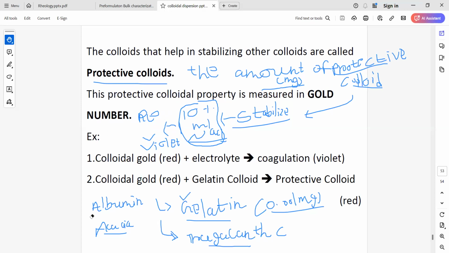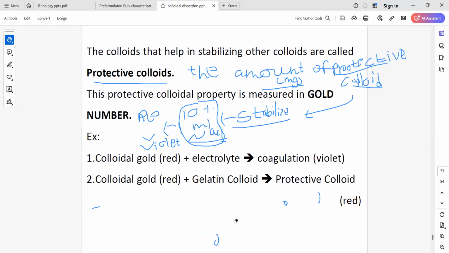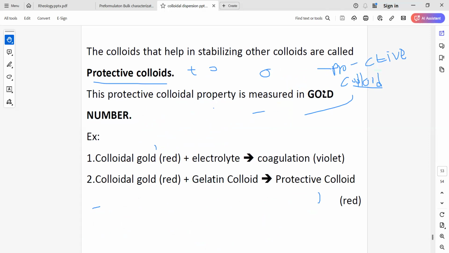Any question, anyone? Till now? Any question, anyone? These are some important points of the colloidal dispersion: lyophilic, lyophobic, association colloids, gold number, what is zeta potential, Nernst potential, then what are the different methods to prepare the colloidal dispersion, specifically lyophobic. What are examples of lyophobic, lyophilic, and association colloid? And association colloid is simply your surfactant solutions, which are ionic, non-ionic, and cationic surfactants. So this is about the